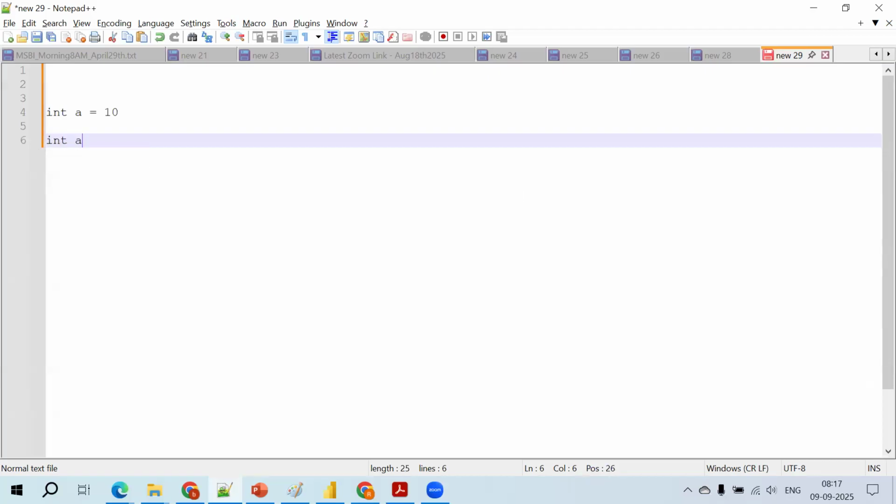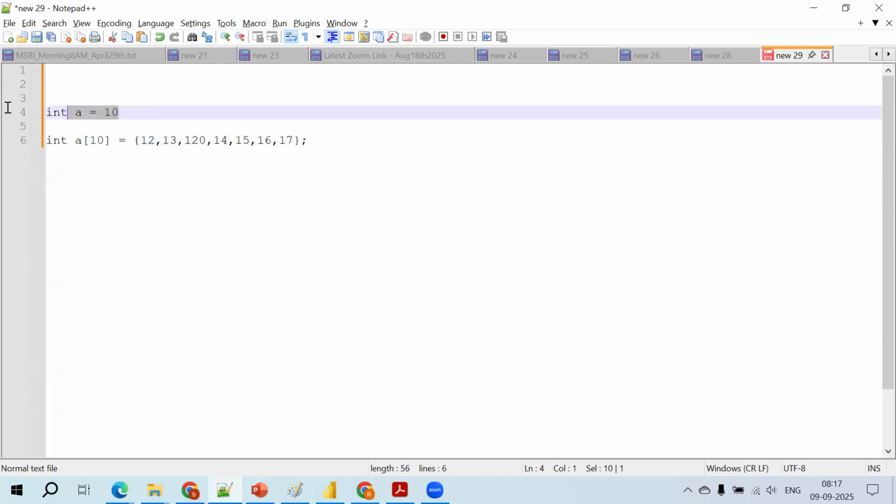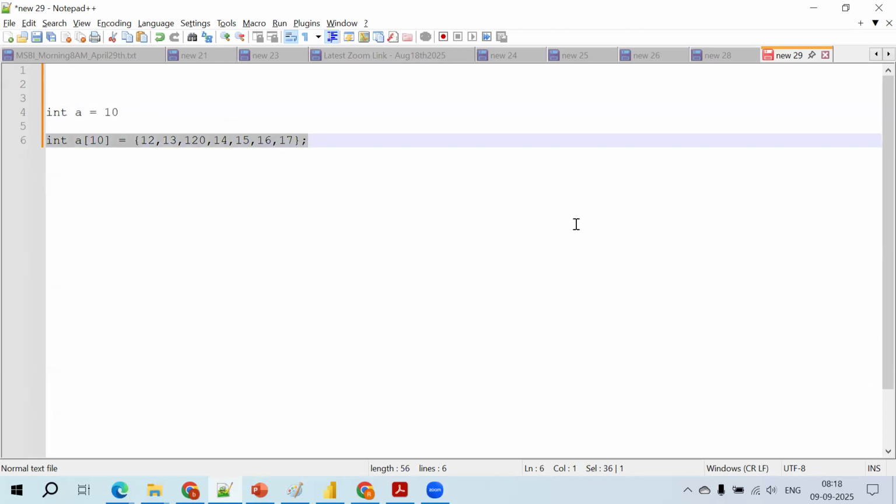In the same way, int a of 10, open and close bracket, 12, 13, 12, 120, 14, 15, 16, 17, something like that. This is a single variable and this is an array of values. Array means a collection of values stored in a single variable, and depends on the index.